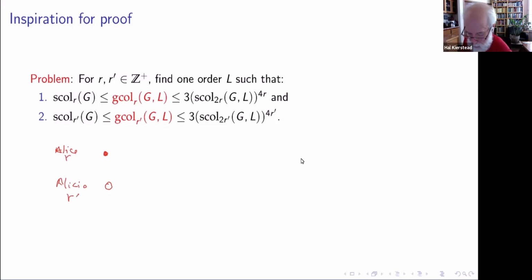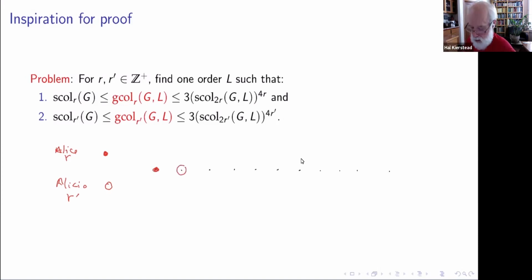But they're playing on the same set of vertices, so it all makes sense. So these vertices start to be played. Let's say Alice goes first. Well, Alicia has a strategy for her game, so she knows how to move